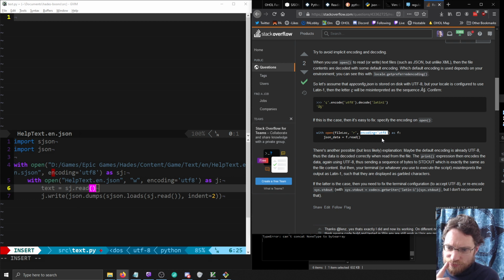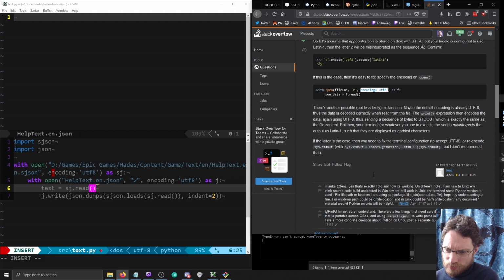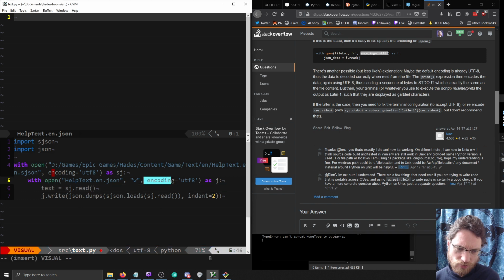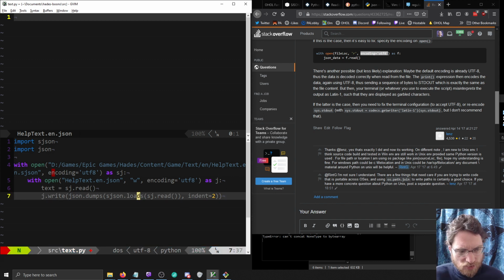The data is decoded correctly from the print expression that encodes the data again, sending the byte sequence to standard out, the same as the file content. Terminal configuration. Well, we're not printing it, we're attempting to write it. Maybe I got this wrong. Well, no, because we haven't even gotten to that stage yet. We should be able to say that